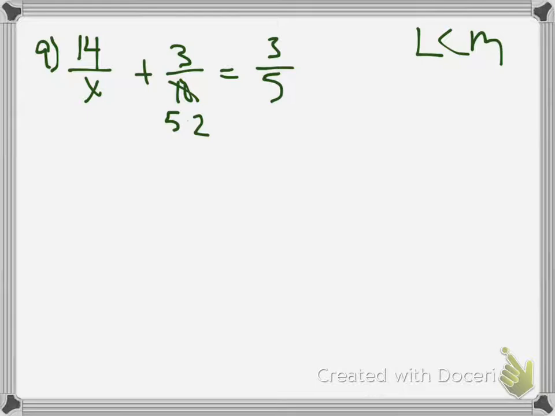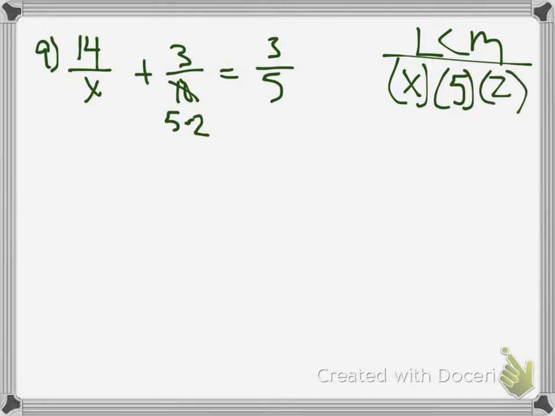Okay, on number 9, I might do this, I might not, but like you see on number 9, and this is where you got to be careful. You got to realize that 10 is like 5 times 2. So, from the first fraction I can get an x, from the second fraction I can get a 5 and a 2, and from the third fraction I can get a 5, which I already have, so I don't have to write it again. So now I multiply x times the 5 times the 2 to the whole thing,